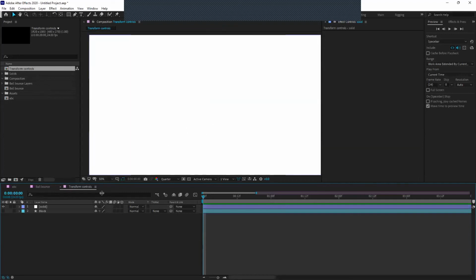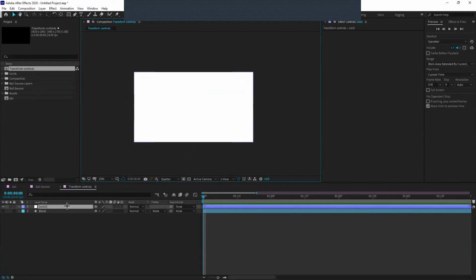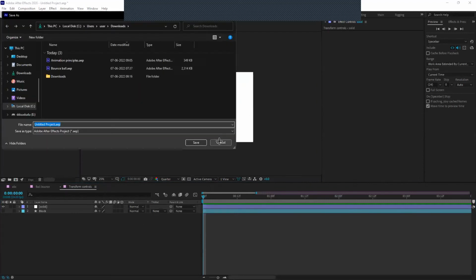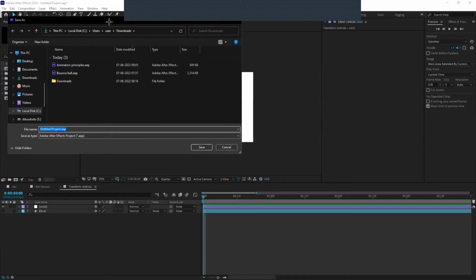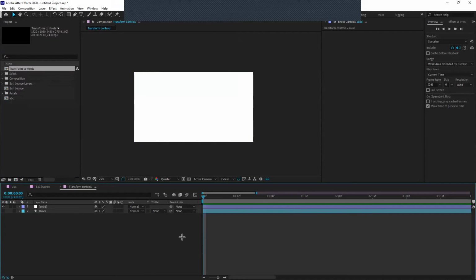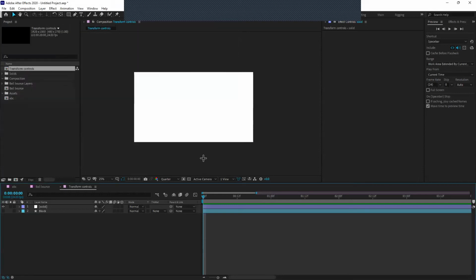You can use the solid as a background for your animations as well. And whenever you make a new composition, I always recommend you save your projects, because you don't want to lose your work. I'm not going to save this because this is just an introductory project file. You can just use Control S and save it. I am just in the habit of pressing Control S, which is why you keep seeing the pop-up screen. So okay, anyway,